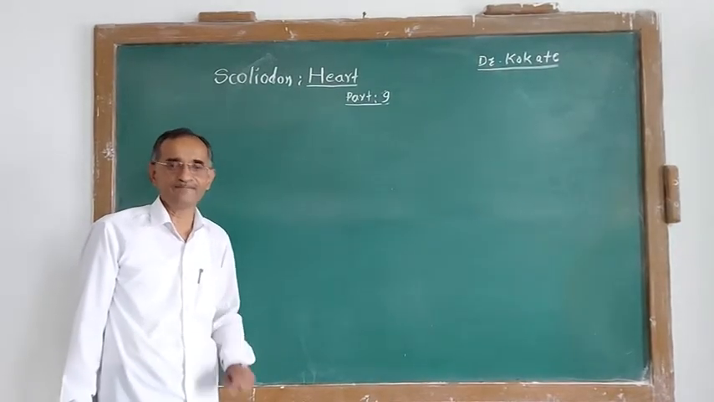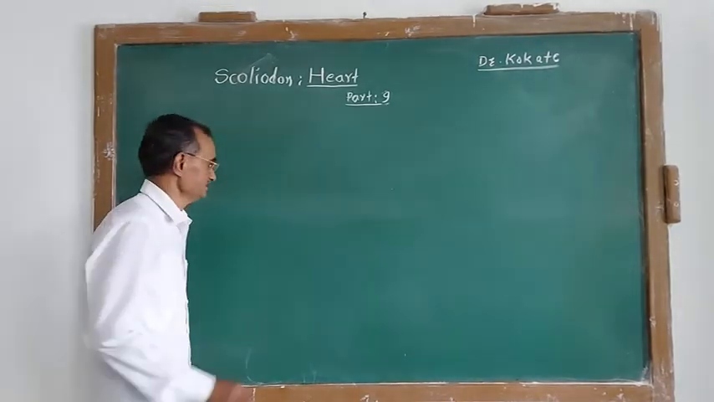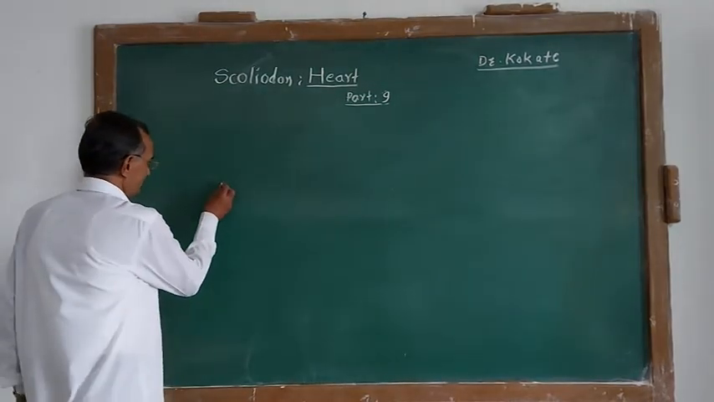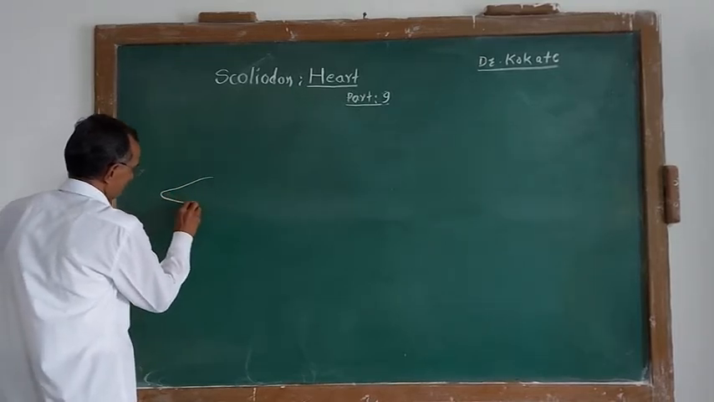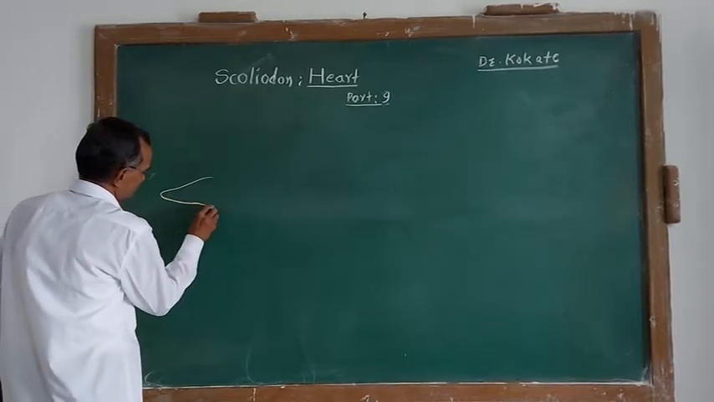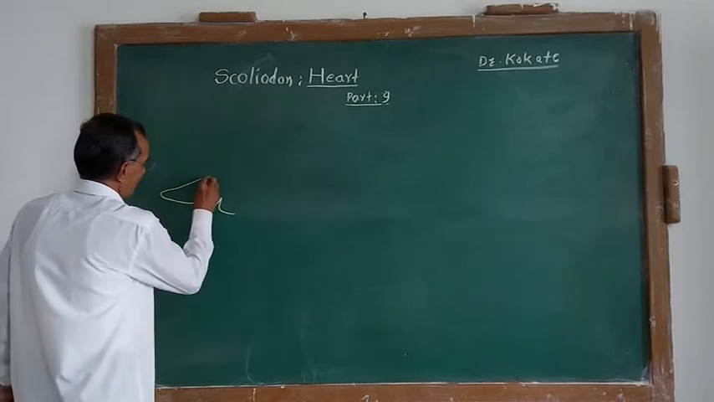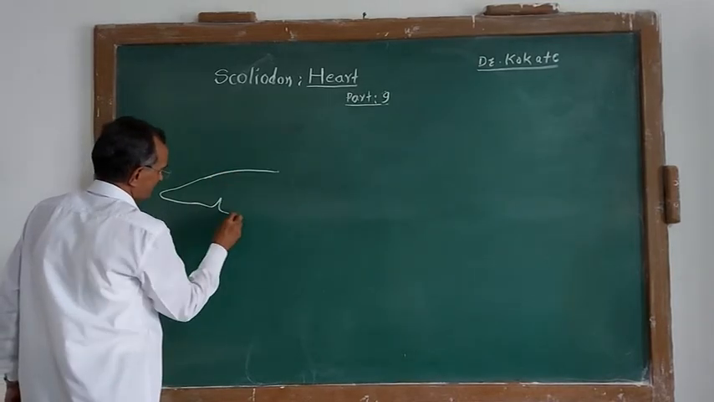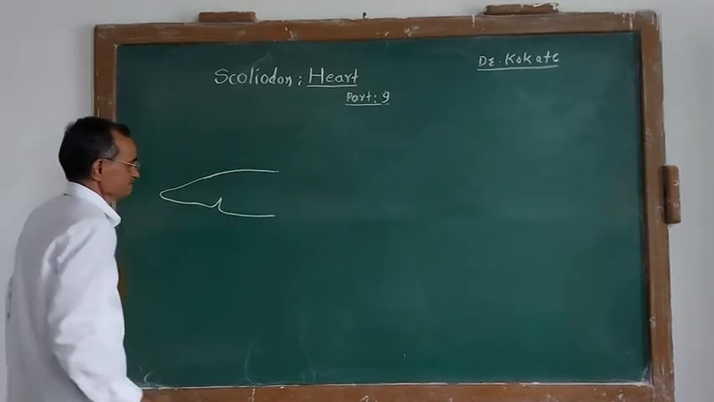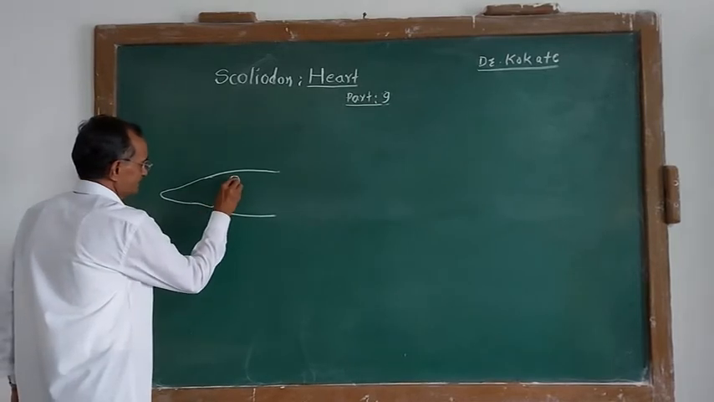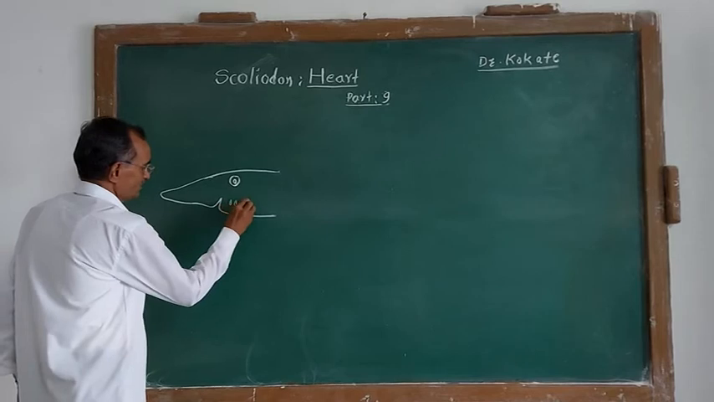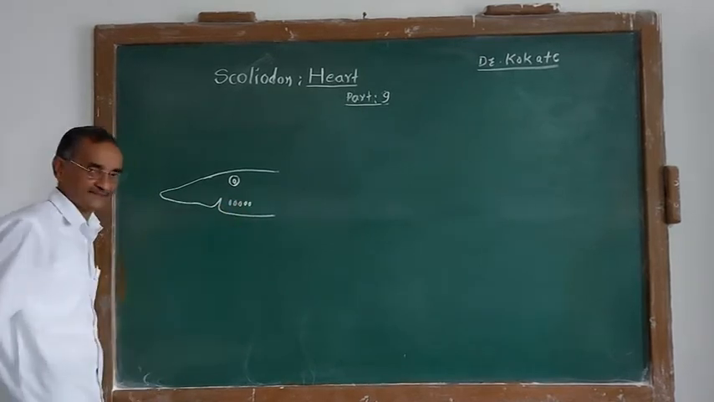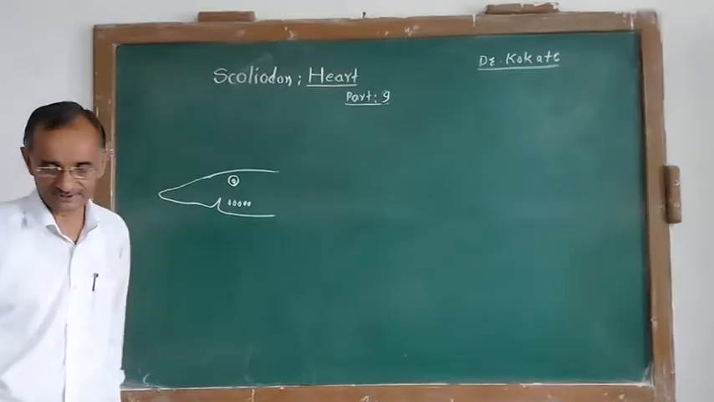This non-stop pumping organ, where is it located? The heart of Scoliodon, dear friends, if you consider the location, suppose this is the body, this is the rostrum, this is the mouth, and this is the head region of the body. These are the eyes, and these are the gill slits. So exactly at the ventral side, at this location,